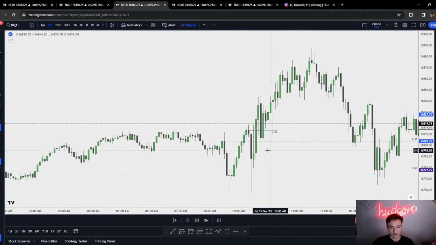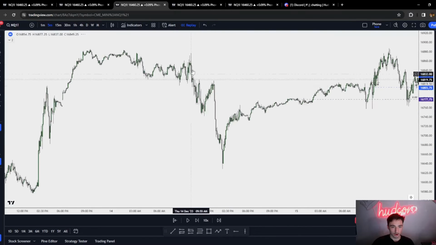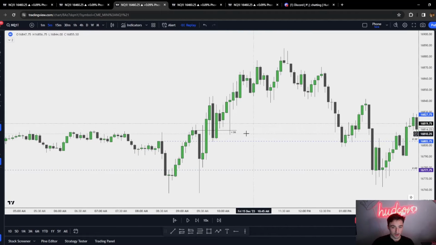Right above 830, have your stop below this wick, so at least it's below 830, right? You see that we tap 830, and then we go to that overall draw on liquidity, which was this high, and as you see, we swipe it by maybe a couple points, right off this order block. There was no fair value gap entry, so if you go to the 1 minute, I'm guessing there was, but